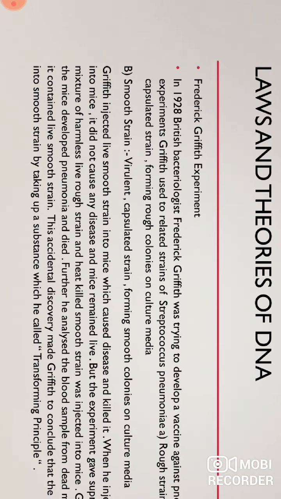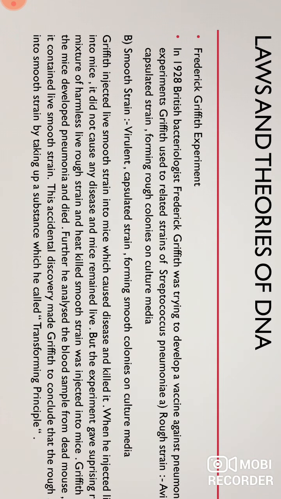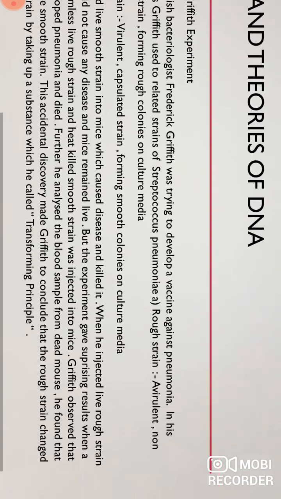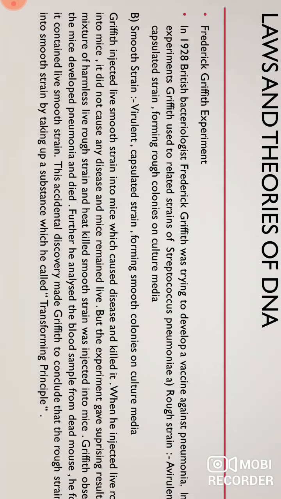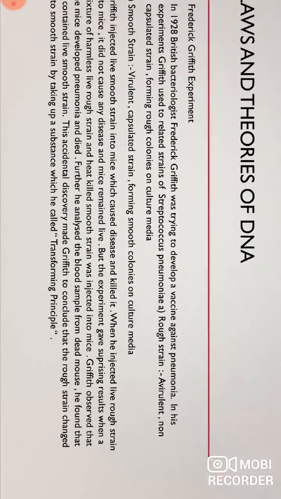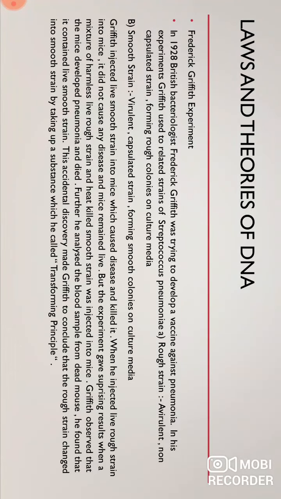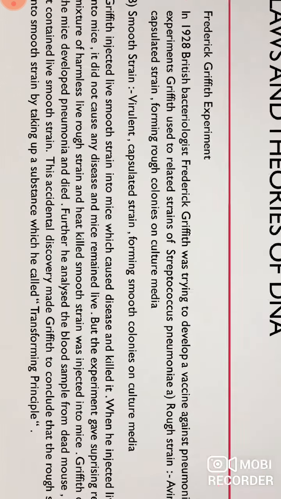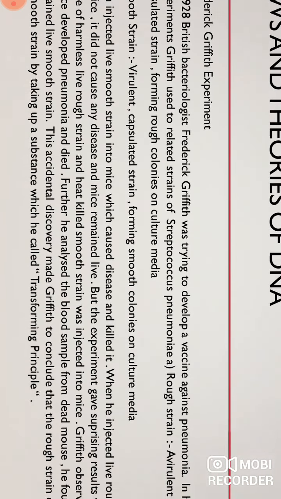In 1928, British bacteriologist Frederick Griffith was trying to develop a vaccine against pneumonia. In his experiments, Griffith used related strains of Streptococcus pneumoniae. He used two strains, a rough strain and a smooth strain. The rough strain is a virulent non-capsulated strain. It forms rough colonies on the culture media, and the smooth strain is a virulent capsulated strain forming smooth colonies on